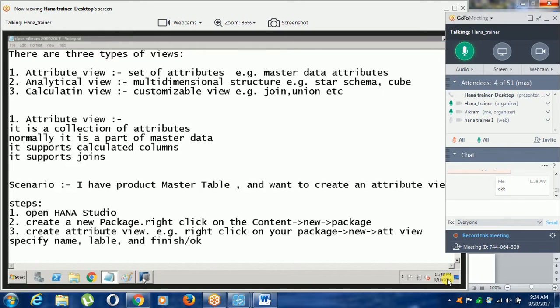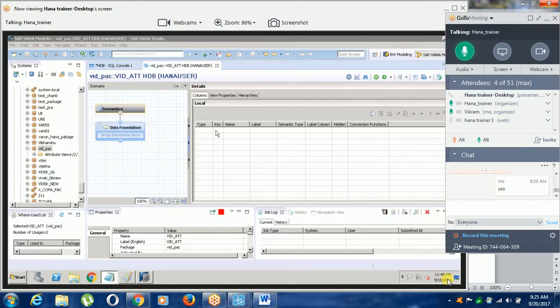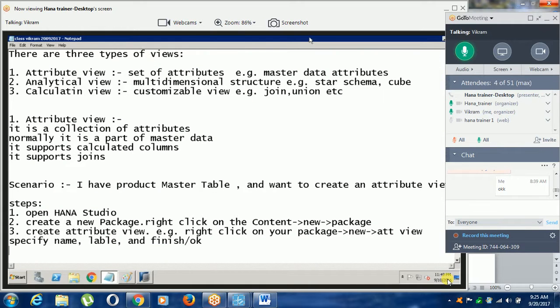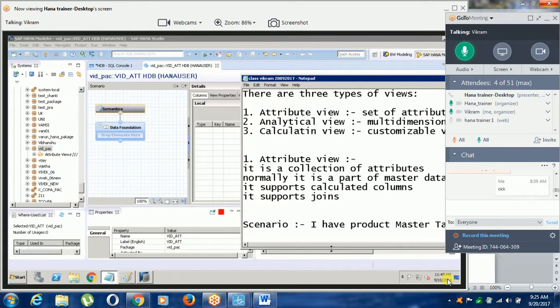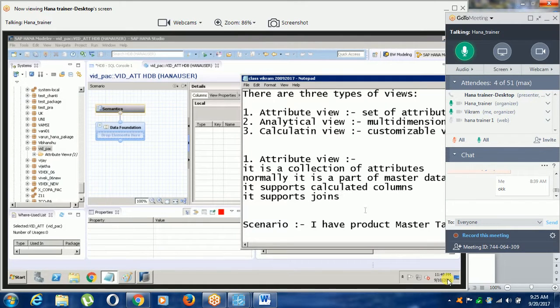So when you click on it, this screen will appear. I open the attribute view, give the name and label, and this screen will appear.